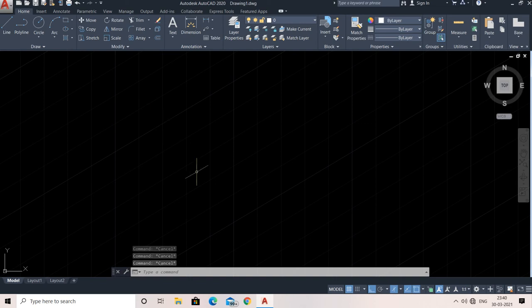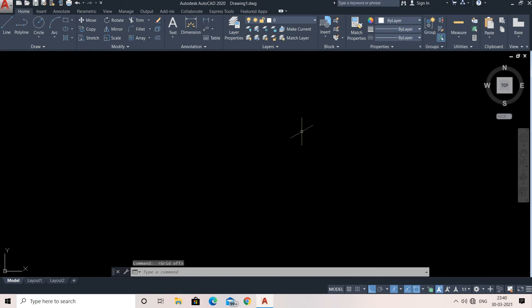This is mostly used for mechanical students, no need to go for it because we are working as a civil engineer. Now after that, these grids you can see. If you do not want to work with the grids, beside the model you can click it once. See, the grid has been hidden. The shortcut key is also available for grid, that is F7.